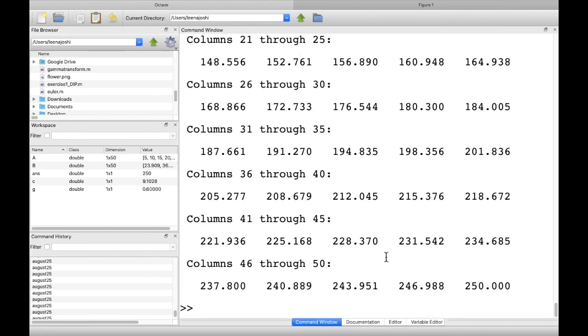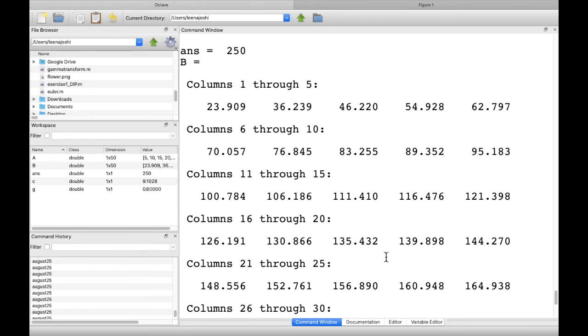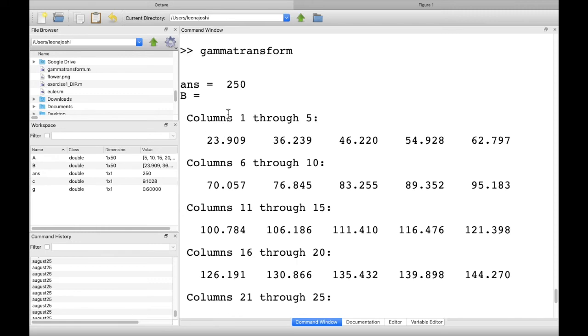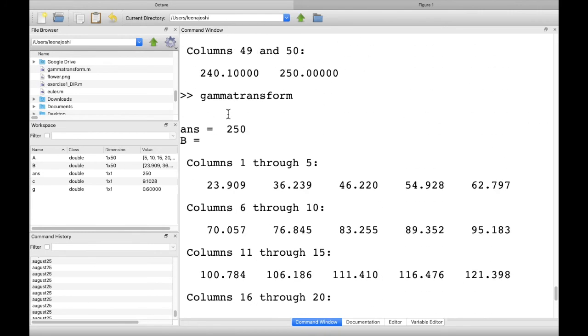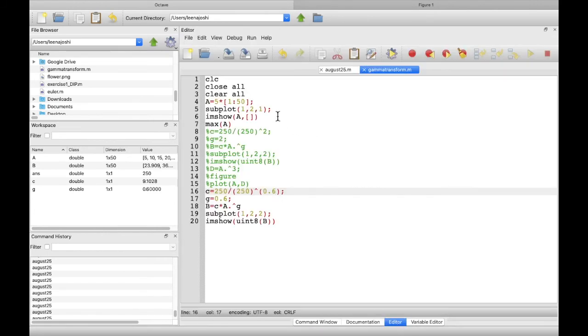If you go to the command window, you can see that the minimum value is now starting from 23. Whereas in our original image, let us display A as well so that we can compare the two.